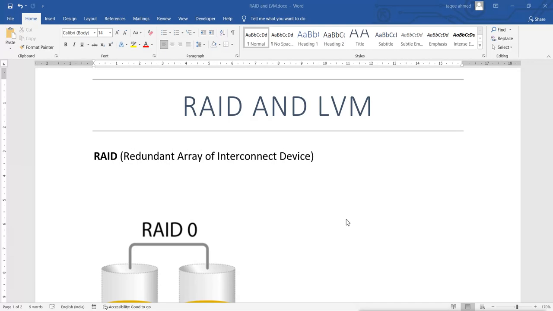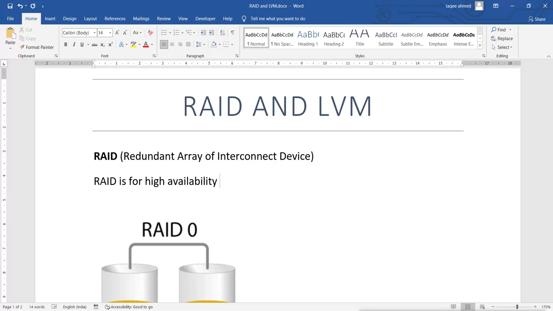So this redundancy is what RAID is for. Basically it is for high availability.